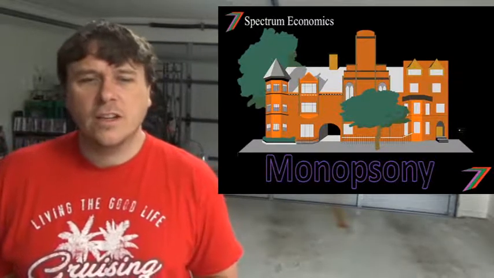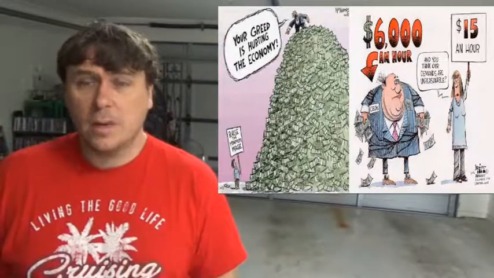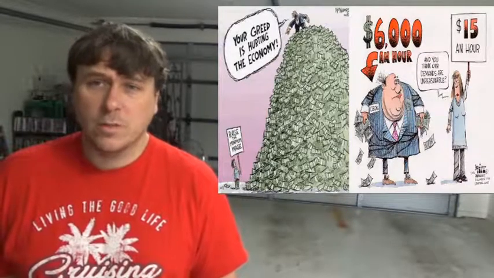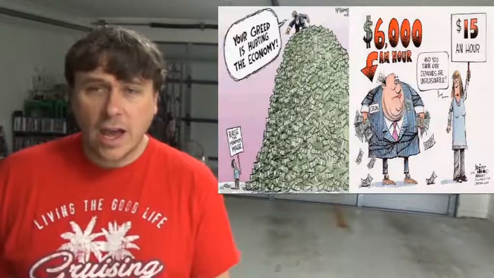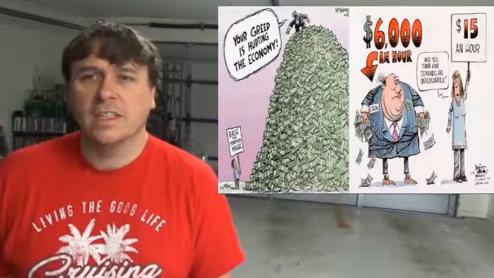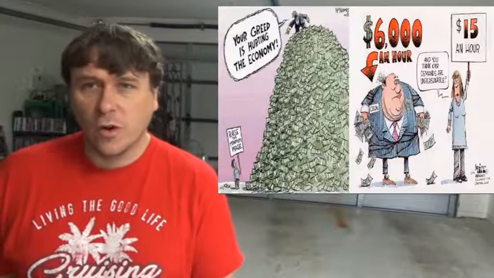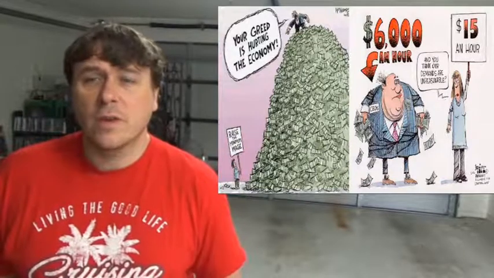You can see here in the picture, monopsonies, like monopolies, control price and quantity. Monopsonies do the same as well. So that is now the buyer controlling the price and quantity instead of the seller. And whenever you have anyone controlling price and quantity, they control it in their favor.